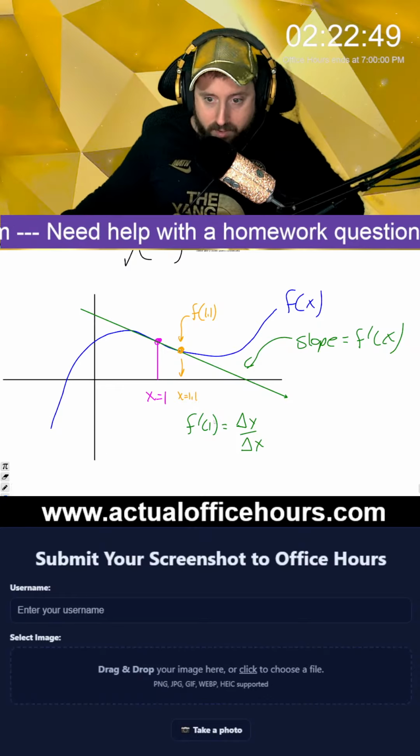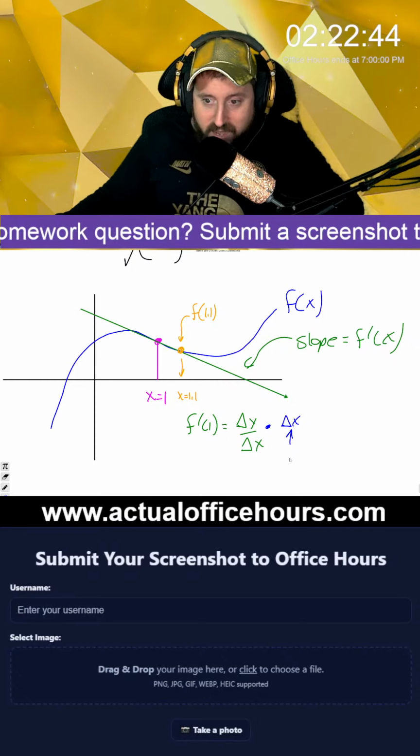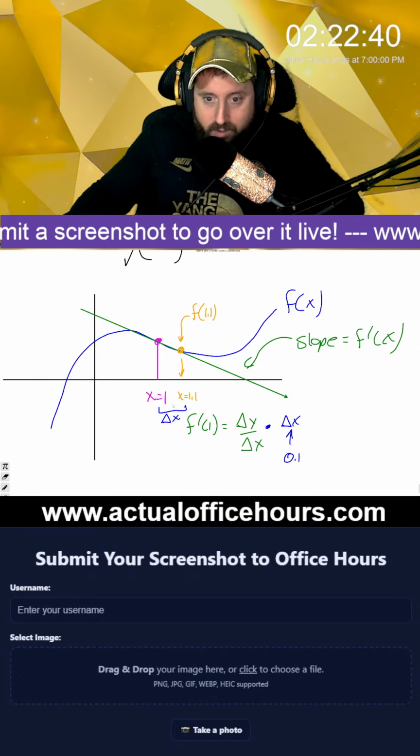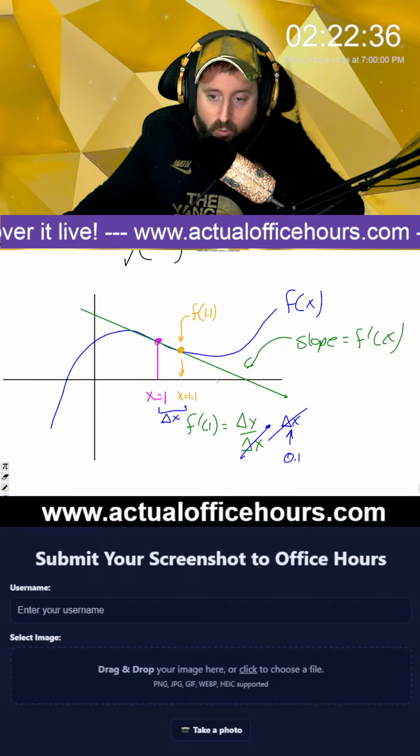So if I multiply this by some tiny delta x, which in this case would be 0.1, because that's the difference in x from 1 to 1.1, this goes away, and then I figure out what the delta y is